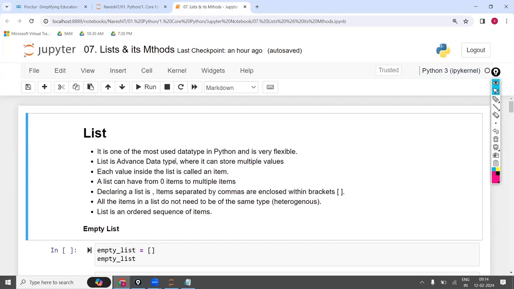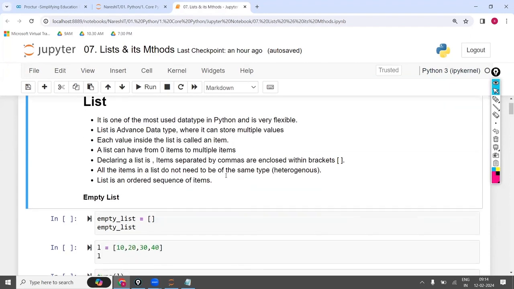List is the advanced data type where it can store multiple values. Each value inside the list is called an item. A list can have 0 items to an infinite number of items. Minimum 0, so an empty list is also possible. Sir, what is the use of creating an empty one?